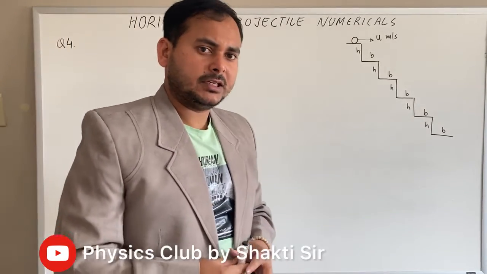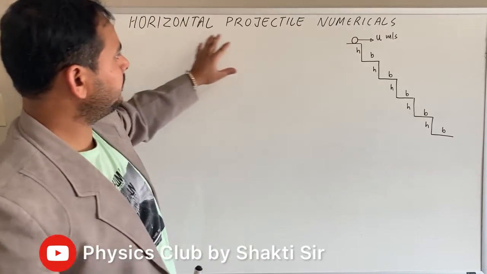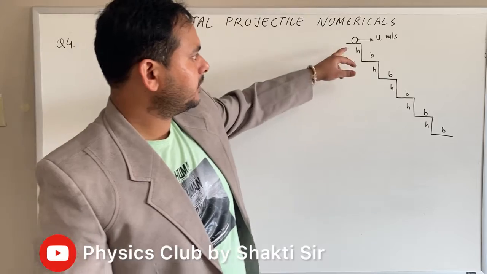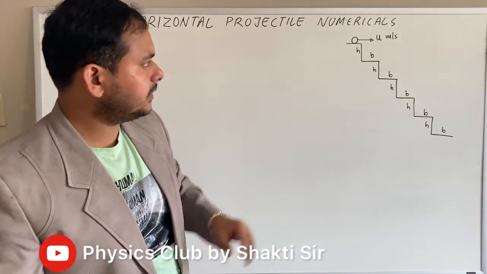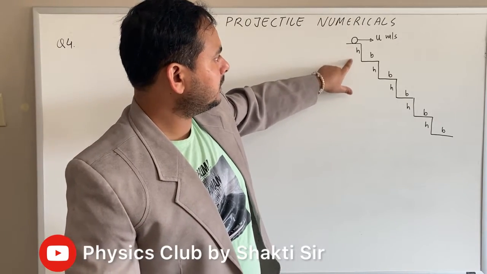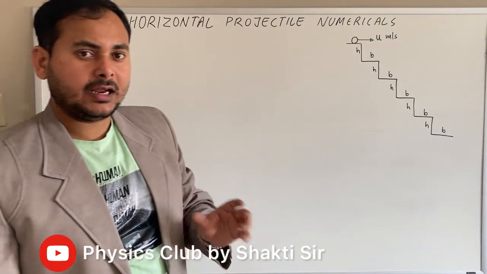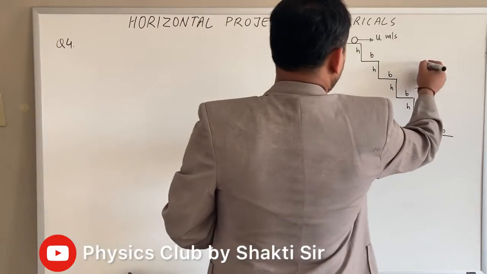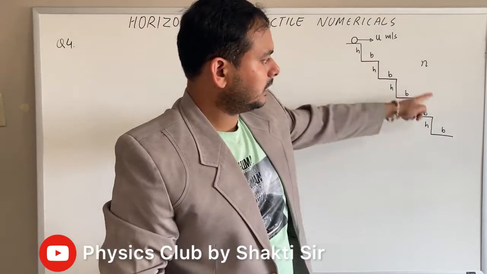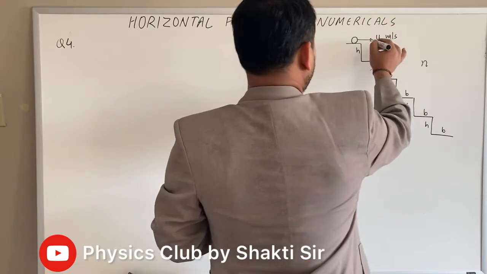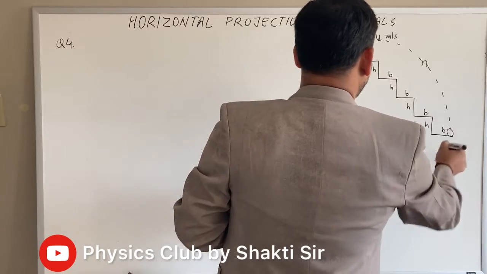So here we have numerical number 4. It's a stair-like structure based on the horizontal projectile. The projectile is projected with some initial speed u in the horizontal direction. The stairs have a particular height h and width b. So there are a number of stairs, let's say there are n stairs. The ball will hit the nth stair. It will fall like this, and hit the nth